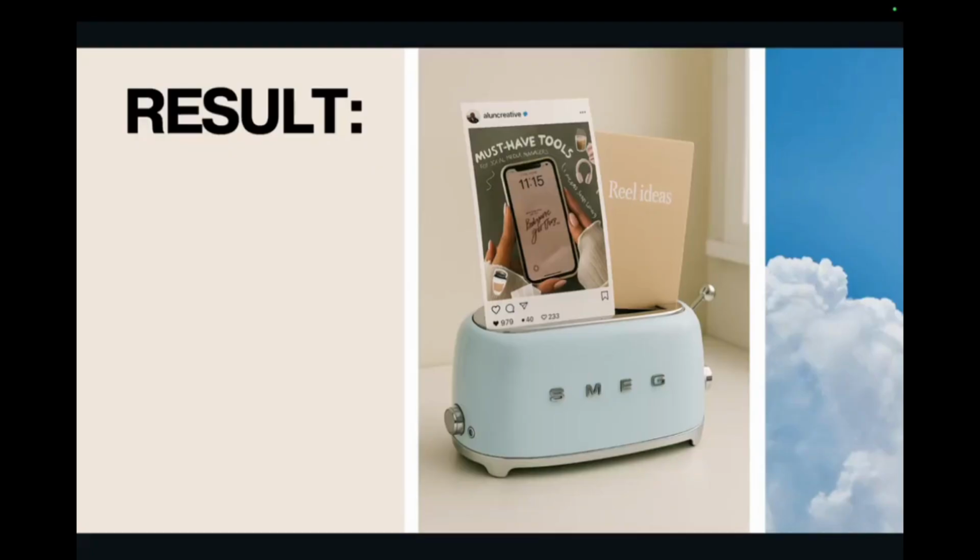This is the result. You can see two of my templates coming out of the toaster, and later on, of course, I'll show you how to animate it. This is only the image. Okay, I think this is a really cute result. It's definitely thinking outside the box, and will make things much more innovative and cool. And also, we're still staying on brand. So if my brand style is minimalist, clean, beige, this kind of atmosphere and vibe, I'm still on brand.